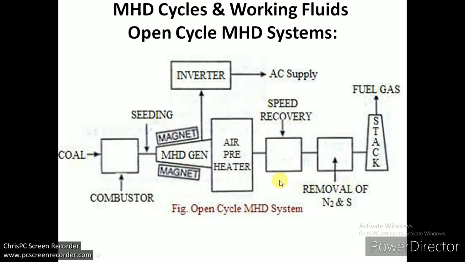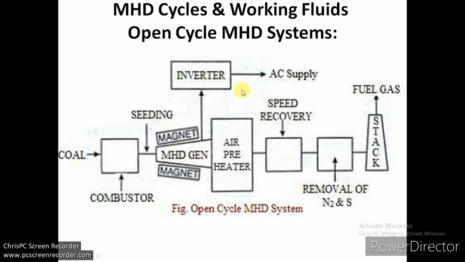And the preheater: the same preheater is used to preheat the air to a temperature of 1000 degrees centigrade. The combustor is where combustion takes place. Inside the nozzle, the provision of a convergence-divergence nozzle is to increase the velocity of the plasma gases entering the MHD box, so that the velocity can be enhanced up to 1000 meters per second. This acceleration is quite sufficient for effective power generation.